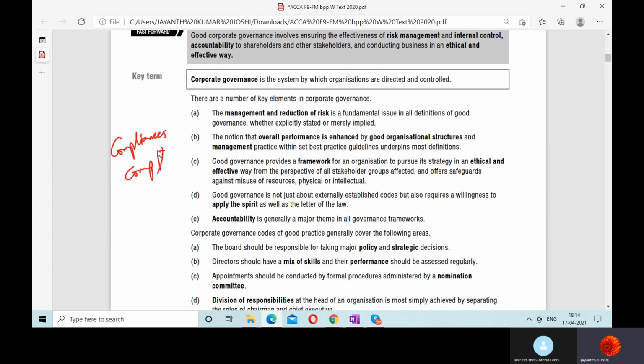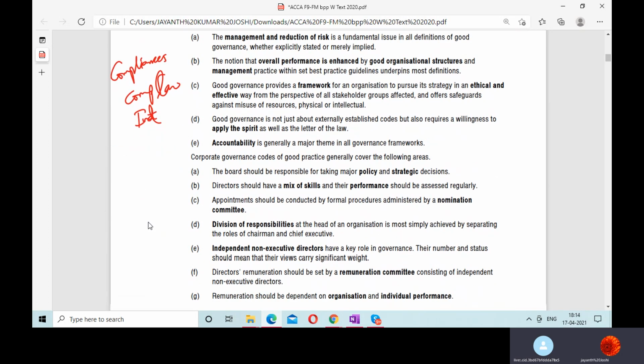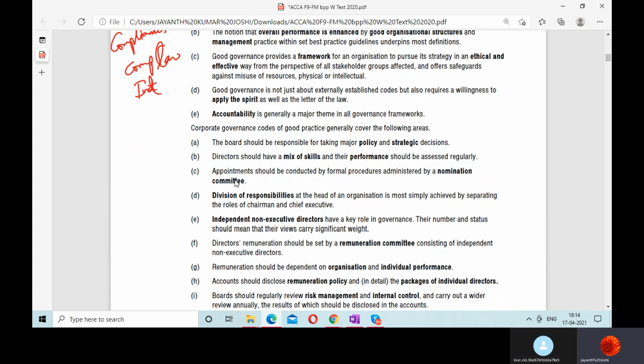Companies law has to be followed to run the organization. Industrial and labor laws have to be followed. Don't cheat the labor. Don't exploit the labor. Don't cheat the customers. Consumer law should come into the picture. Tax laws, contract act, accounting standards, audit standards. Everything should be followed to run the organization. Correct? Ethics. Fine.